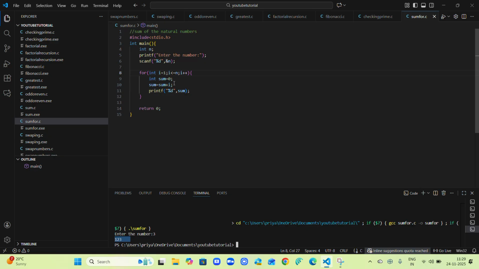Like after here it would have gone at 1, 1 is smaller than 3, sum 1. Now it is storing the value of 1. Now again it went, and now it happens 2. So